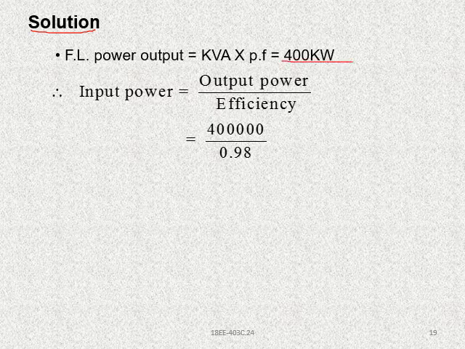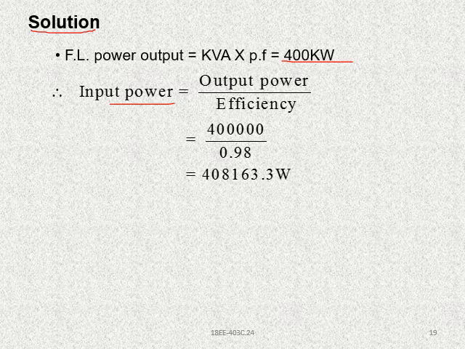This is the output, and in order to get the input power we have the efficiency. So the input power is output power by efficiency, which is 400 k by 0.98. That gets you 408,163.3 watts. This is the input power,